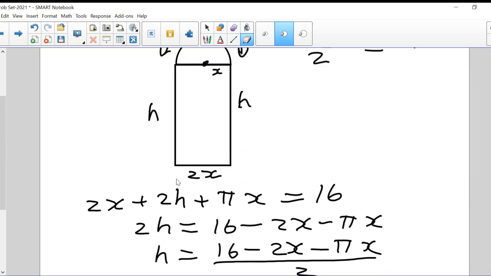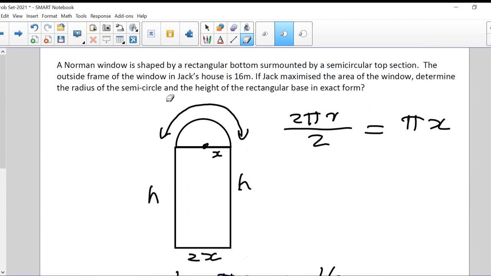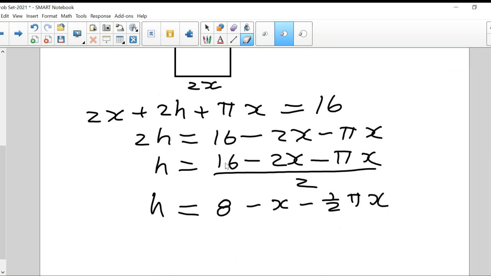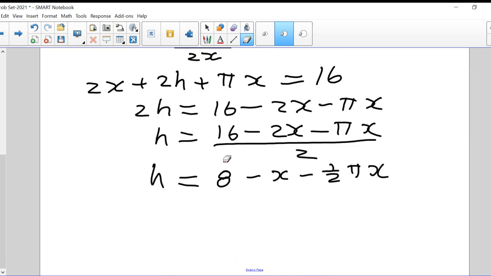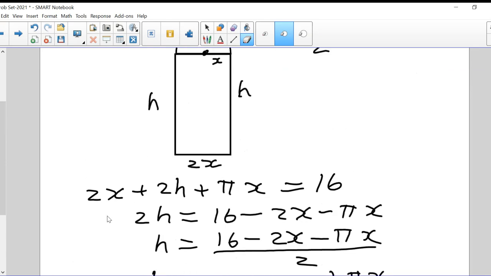Now, the volume, not the volume, the area, that's not volume, it's just area. It says maximize the area of the window. That's what Jack wants to do. He wants to get as much sunlight through this window as possible. So he wants to maximize the area. So let's get a formula for area. The formula for area, if you think about it, would be area is equal to the length and the width multiplied, as h times 2x,